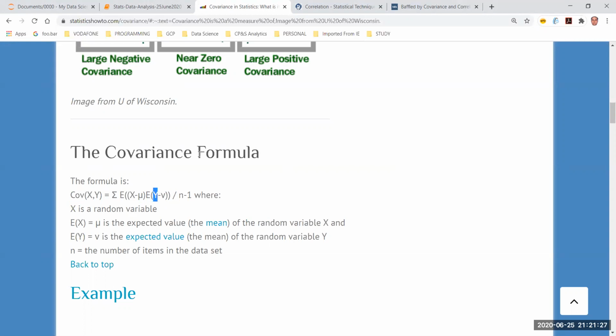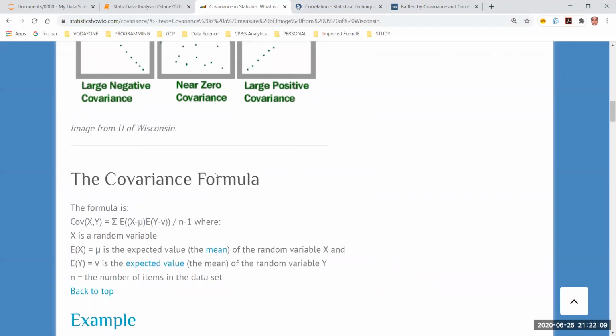So if I simply create a table where I'm going to take the values of x minus the mean, so I will take the mean of x, and I will subtract the mean from each and every value of x. And then I take that absolute value. Similarly, I take the absolute value of each and every value of the random variable y and subtract the mean of the random variable y from each and every value. Then I take a multiplication. Okay, this part is the multiplication. Then I take a summation, then I divide it by n minus 1.